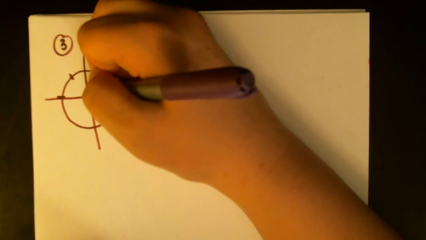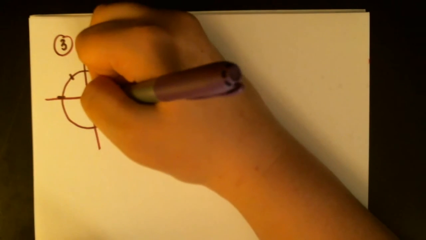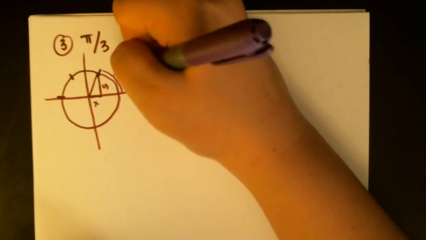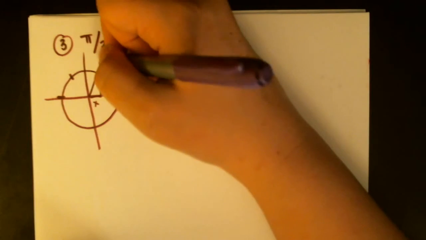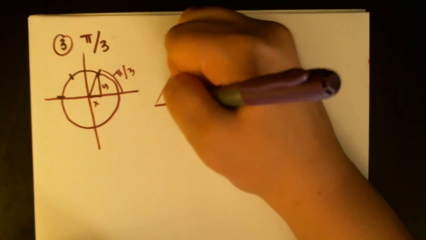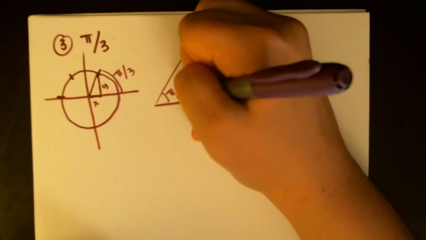So if we draw our triangle, it looks like this. So here's our X and here's our Y, and this is our pi over 3. So if I make that triangle a little bigger and investigate, I have a right angle, I have a pi over 3,